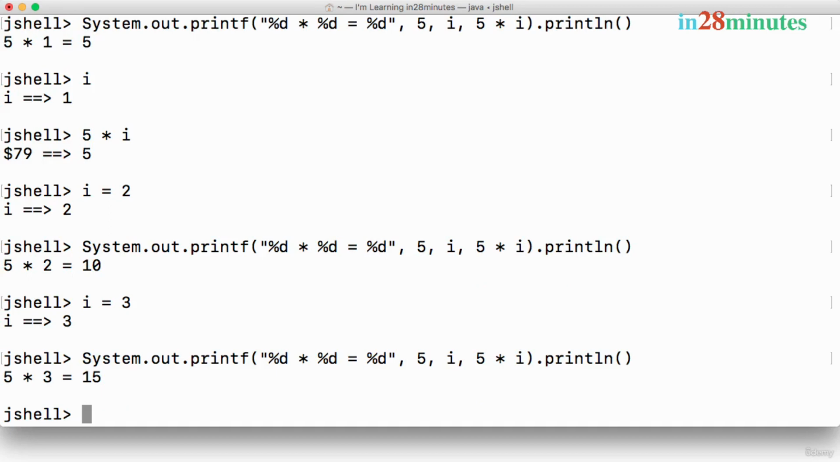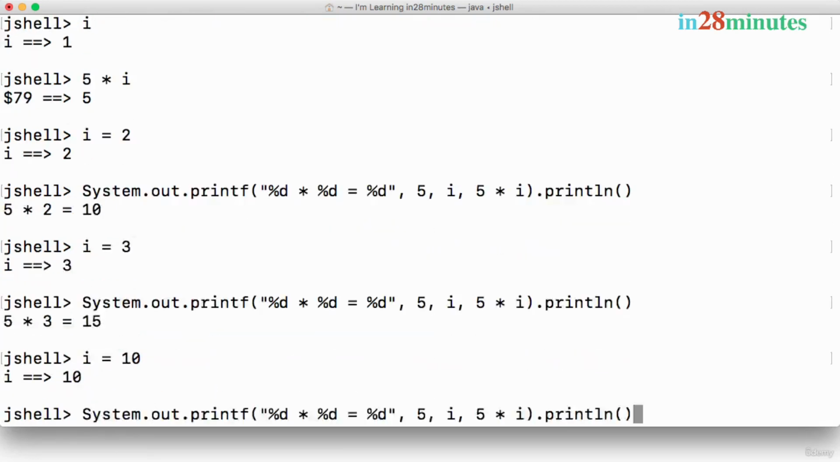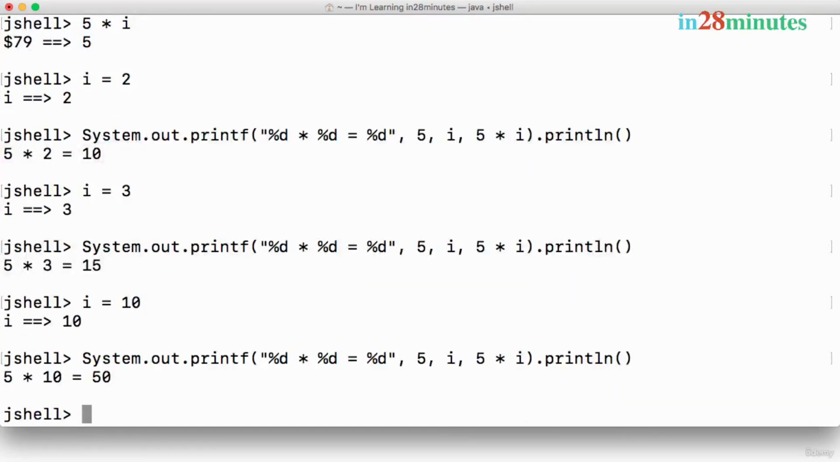You can see the magic unfolding right now, right? So based on the value of I, this statement prints different values because I is a variable. So now I'm changing the value of I, and this statement can now print different multiples of 5. So let's take I is equal to 10. What would happen? This would now print 5 into 10 is equal to 50. Congratulations! You have defined your first variables, and also you have used variables in the System.out.printf statement to print the